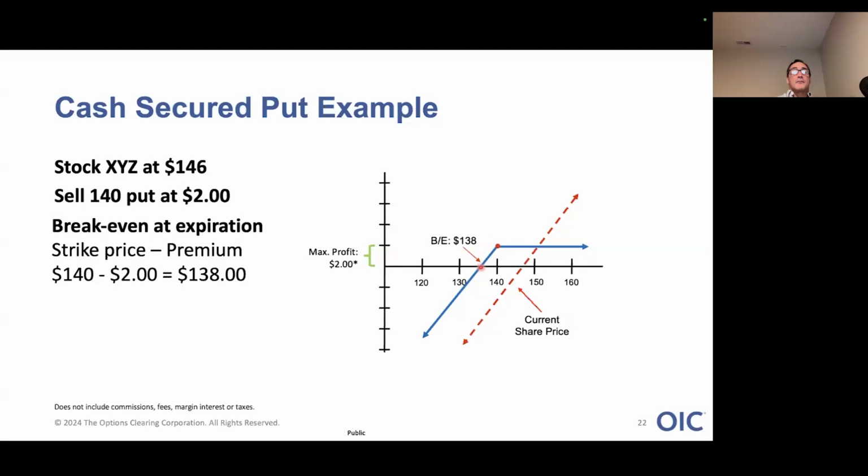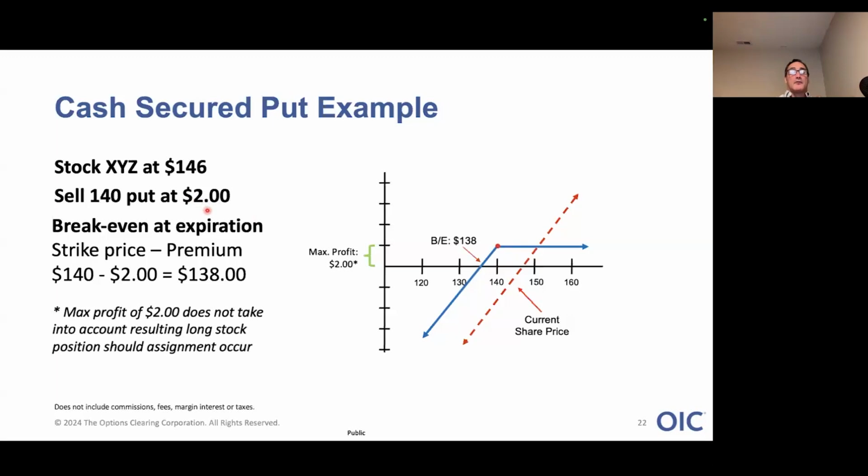Or maybe I could choose to sell another put and take in some additional income, maybe at the 140 strike a month out, maybe the 135 strike. Once again, this is all going to be dependent upon your own individual risk tolerance and forecast. If the shares finish at 140 or higher, these puts would expire worthless and you'd have to reevaluate. So this max profit, remember, anytime we sell options, our gains are defined and